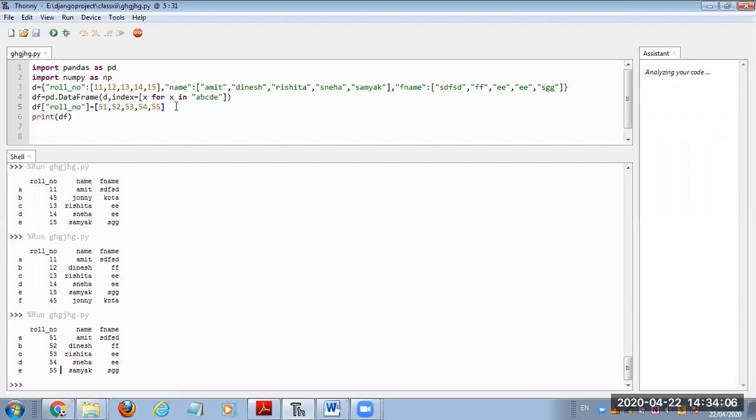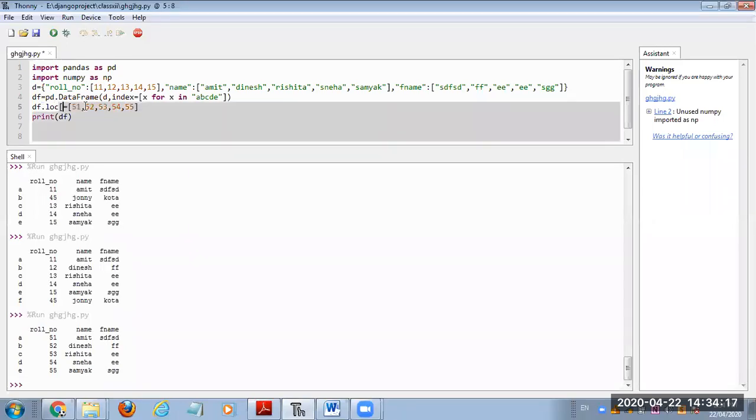But this is a different method. Using this loc function, I want to do this. How can I do it? df dot loc. First, I have to select all the rows, all the indexes A, B, C, D, E. There is no need to mention any row combination, because providing a colon means all rows are included. Then I provide only a single column, roll number, in the square bracket.